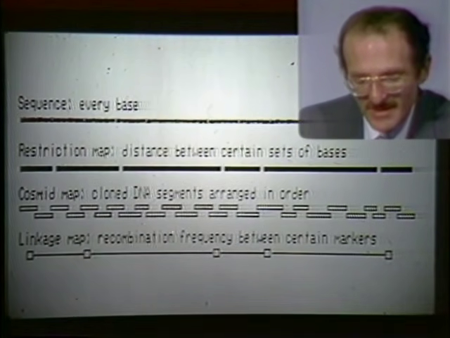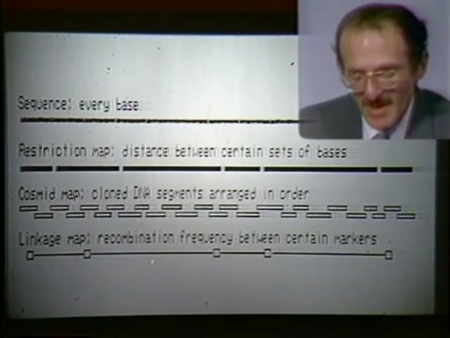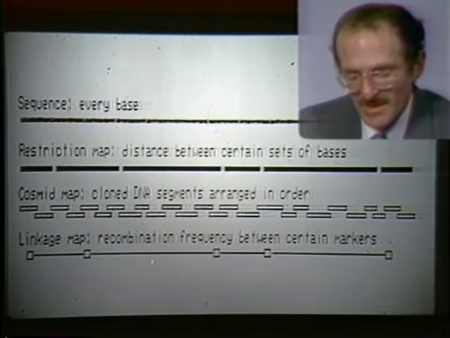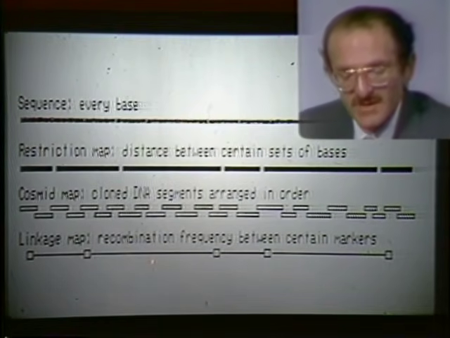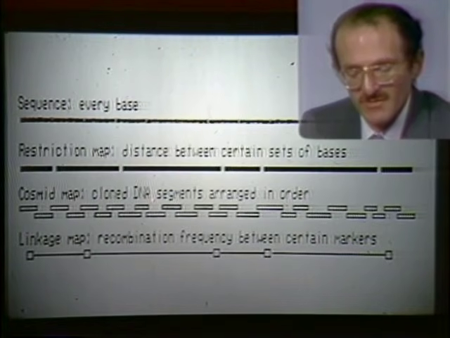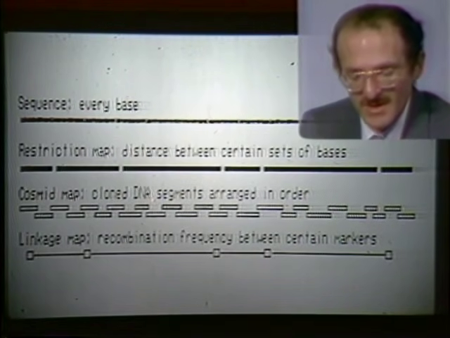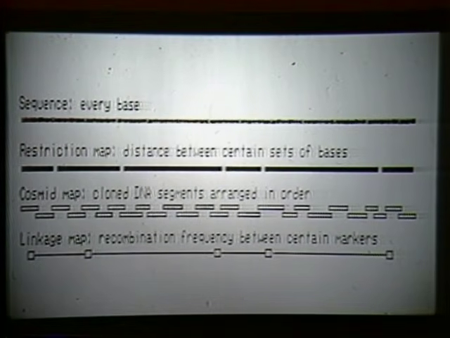But the major thing that distinguishes the physical maps from a genetic map is their much higher resolution, at least in principle. It's very difficult to talk about a genetic map with a resolution higher than 1 million base pairs. And today's map has a resolution closer to 10 million base pairs. It's very easy to talk about physical maps with resolutions of 100 or 200,000 base pairs. The ultimate resolution, of course, is a single base pair in the sequence. All right, now,